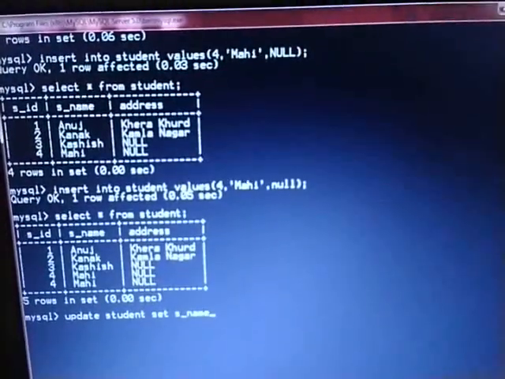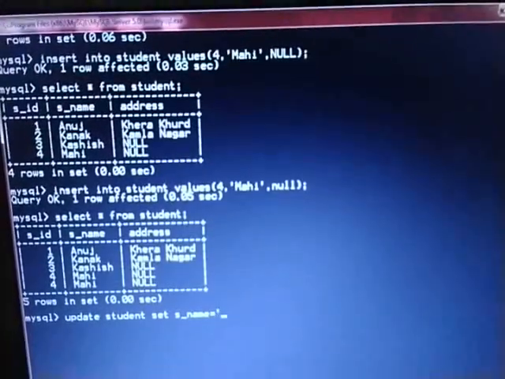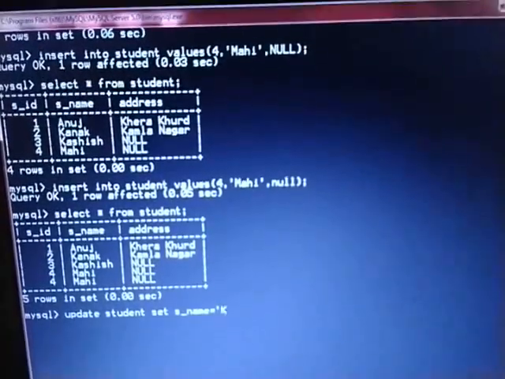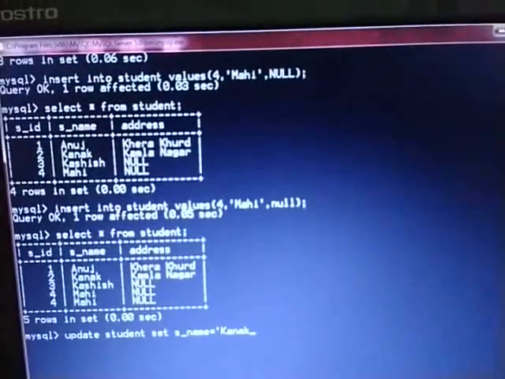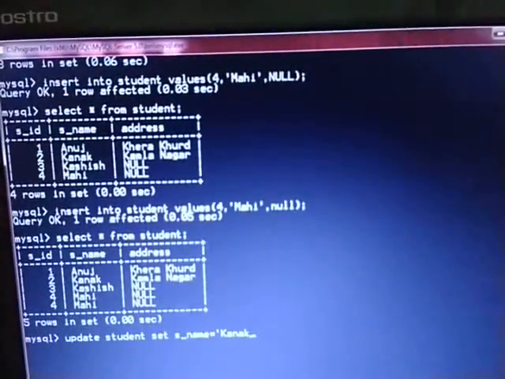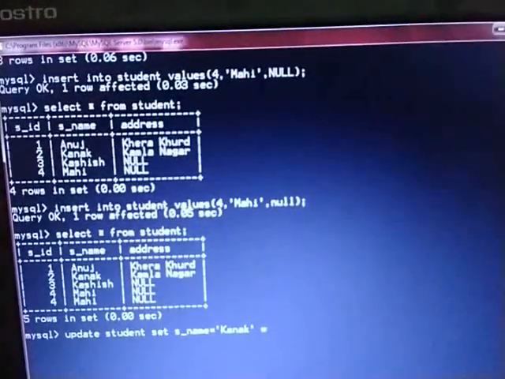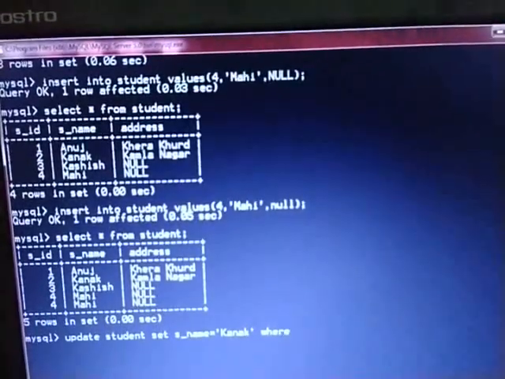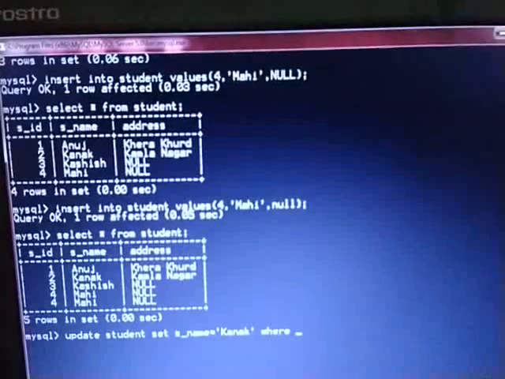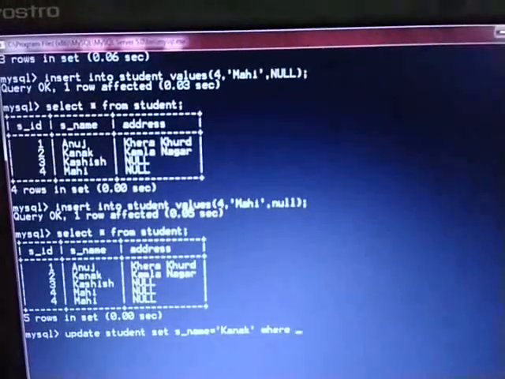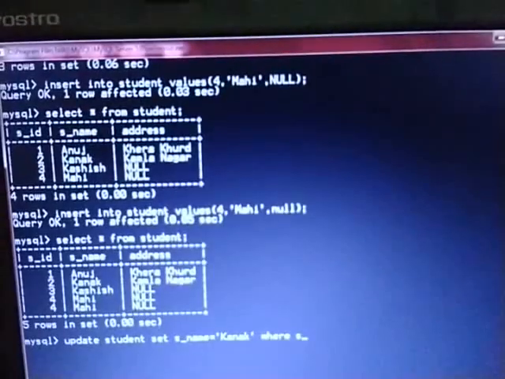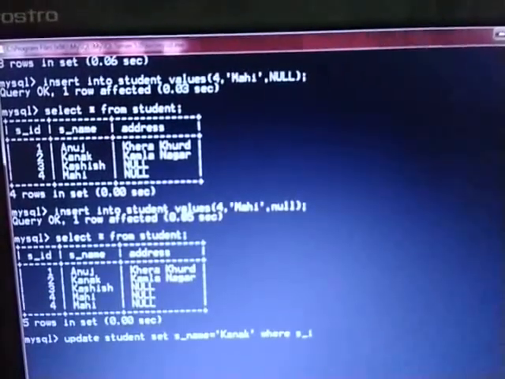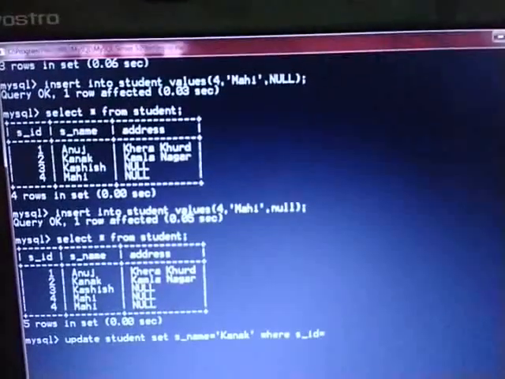So what do you want to update? Write the name over here. I want to update it with Kanak. Fine. And with the update command, you have to write the condition where you want to update this particular record. I want to update Kanak name where SID means student ID is 4.